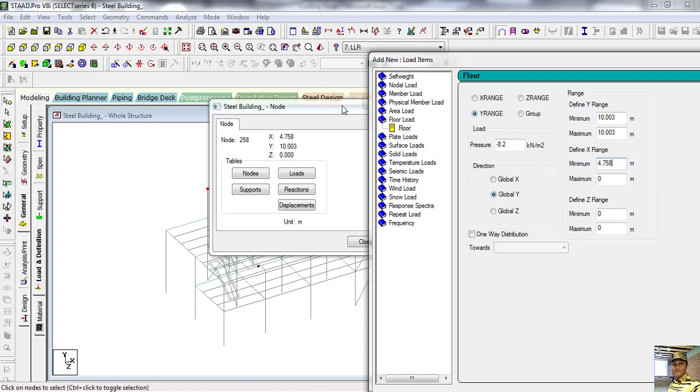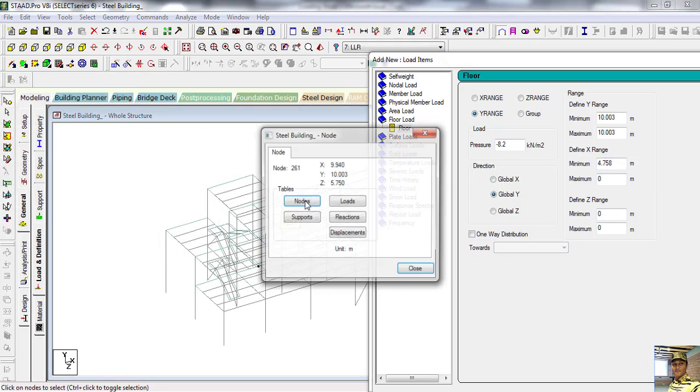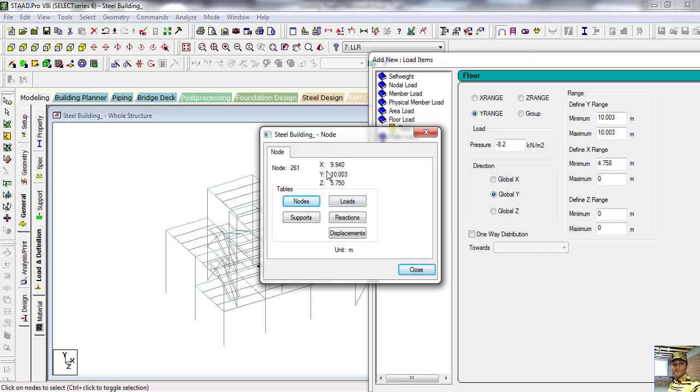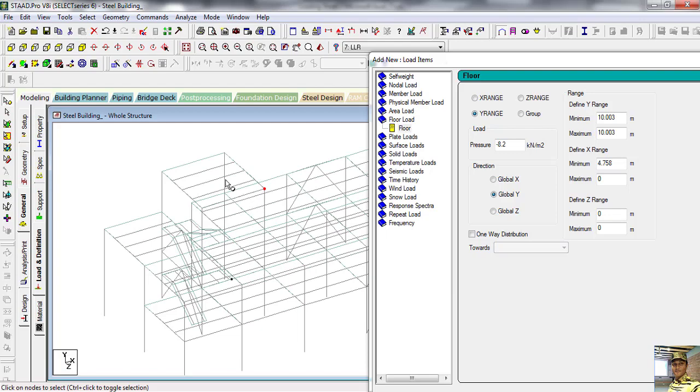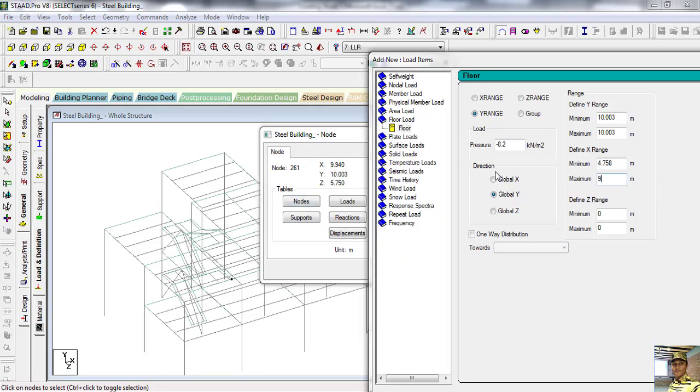Now z is 0, so same way select this node. Now see x direction, sorry I have made a mistake. Yes, select this one, that is x direction 9.940, so put this value 9.940 and y 10.003 and z 5.750.